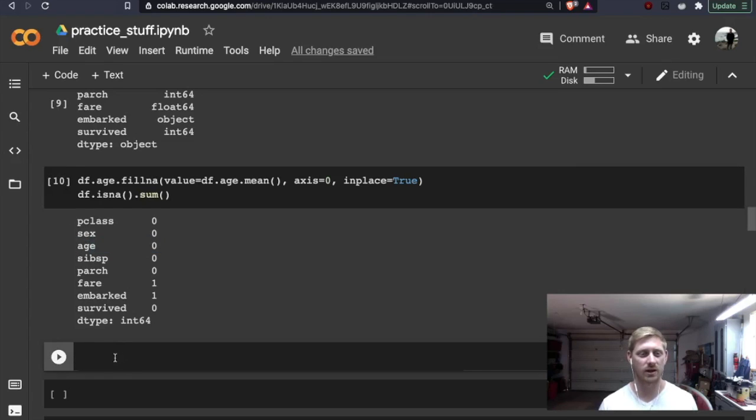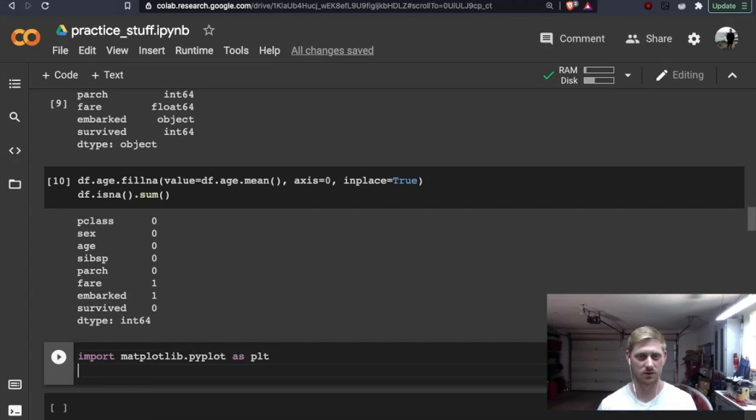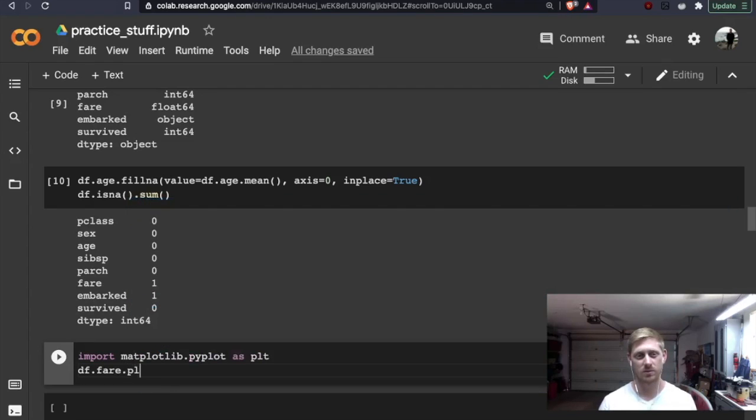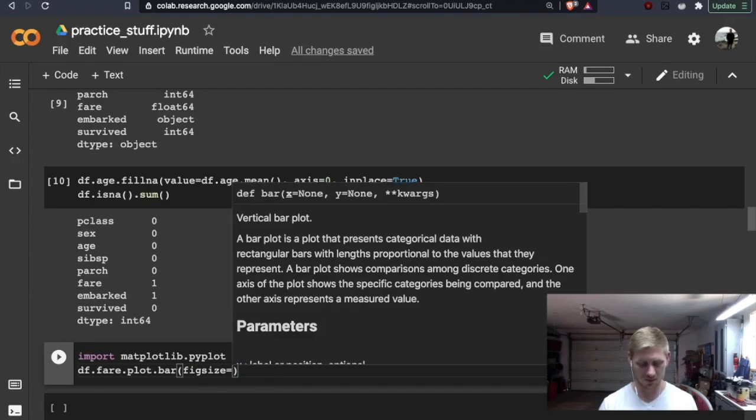Now let's go ahead and drop our fare as well. So we're going to do fare dot, do I have numpy? Let's go ahead and actually view a real quick plot: from matplotlib.pyplot import plt, and then from there we could do df.fare dot plot.bar with figsize equals maybe 10 by 6.